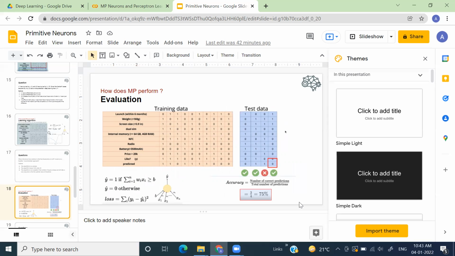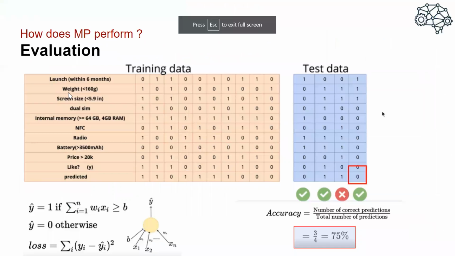Okay, now we have learned how to train a model, and we have identified how to check the performance of the model also, right? Now let's see this case. How do we evaluate the model performance? So you have trained the model. Now you will be making predictions, right? So these are the 4 new data points. These are the 4 new specifications about 4 phones. This is the specification of phone 1. This is the specification of phone 2, 3, and 4, right?